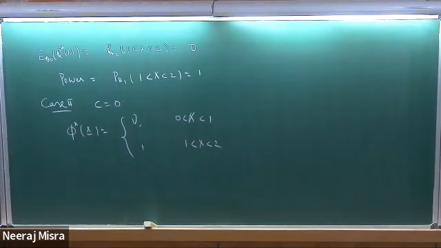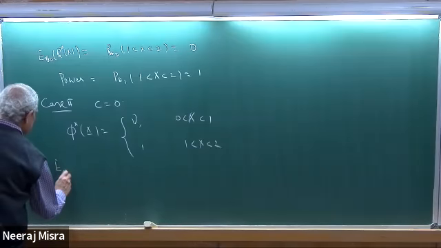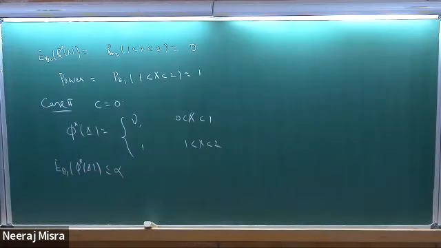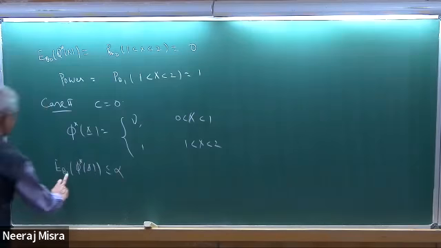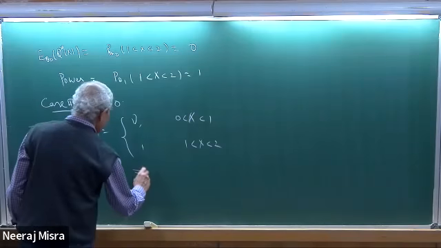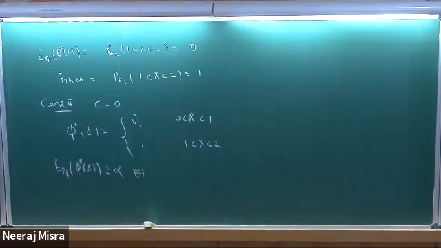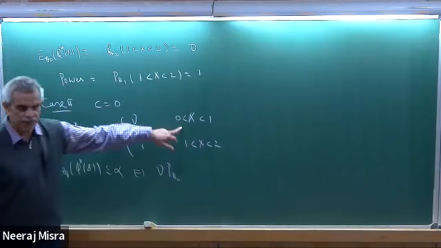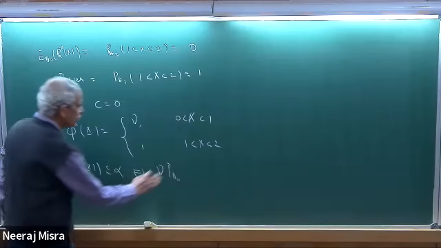I want to choose gamma such that E theta phi(x) is between 0 and 1, right? So E theta 1 phi star(x) I want should be less than or equal to alpha, right? That is how the gamma has to be chosen. Theta 0, what does that mean? That means gamma times probability under H naught, because under H naught x lies between 0 to 1, so this probability would be 1. So that means gamma should be less than or equal to alpha.